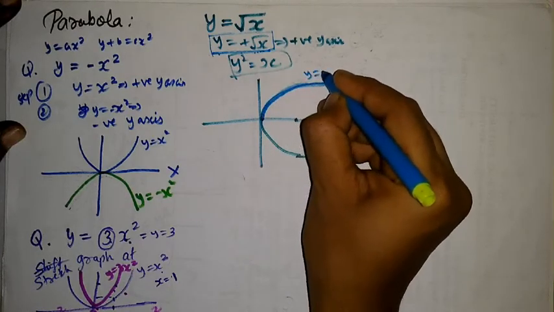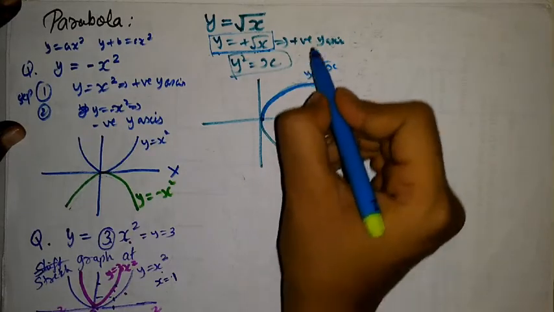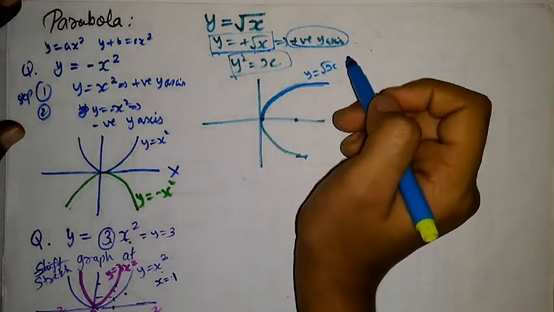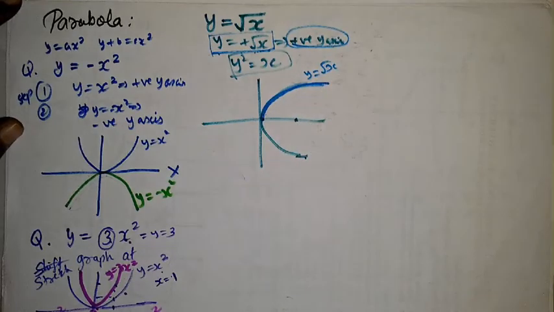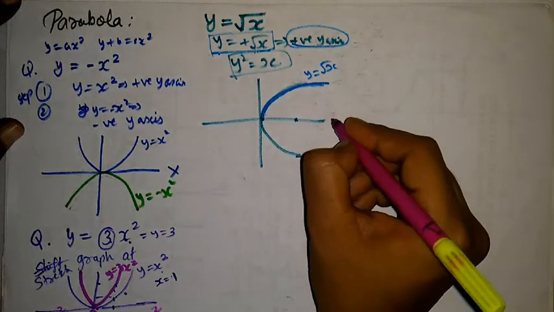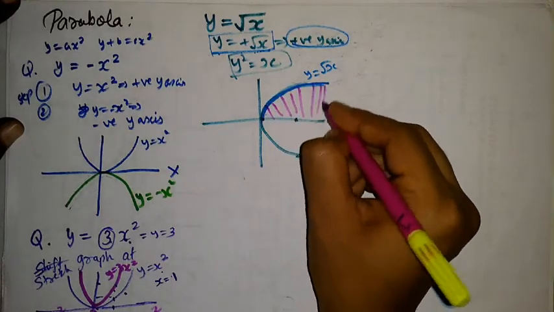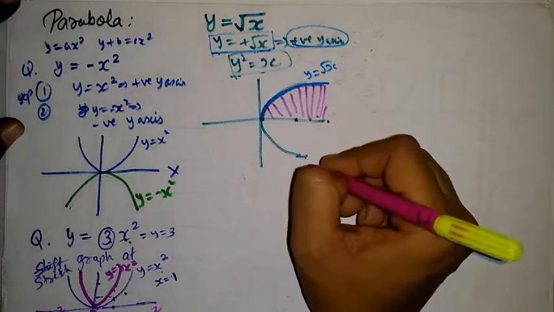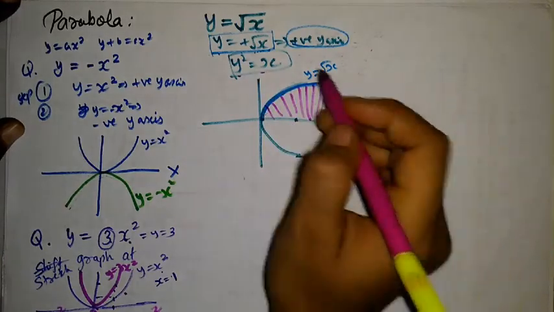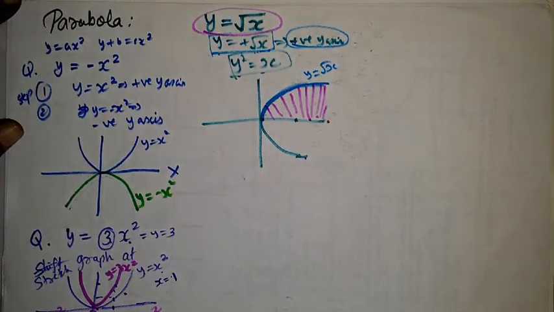This is y is equal to root x. You should not have to draw this also, because I have already said it will be on positive y axis. So the graph is this one. If it is asked area between x axis and this graph, then this area should be covered. But if you draw y square is equal to x, then you will cover whole area and you will get it wrong. So take care in such problems.